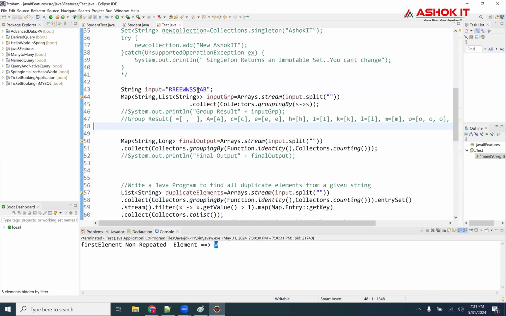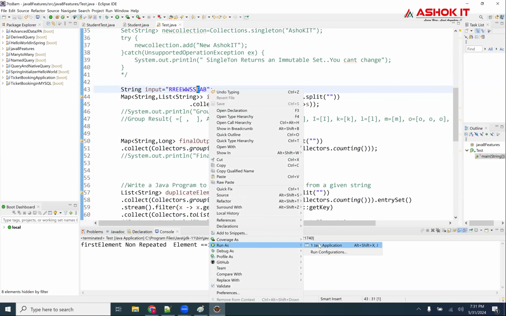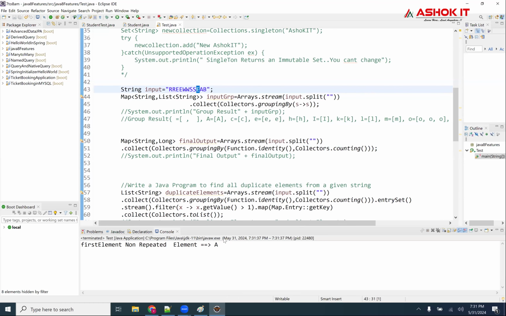Now what I need to get here? I need to get E here, right? Now you'll see the output here. Okay, sorry, E is also there, right? Sorry. Now A is the answer, you saw that now? Guys, you saw that, right? R is there, E is there, W is there, S is there. Only A is not.